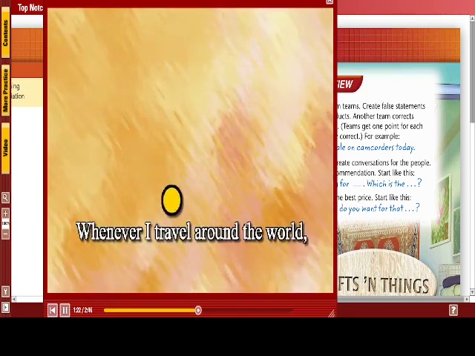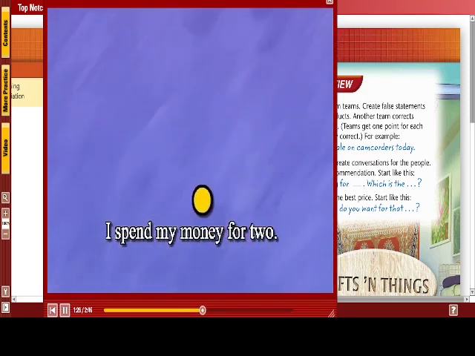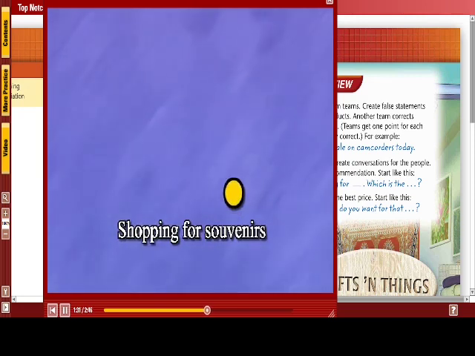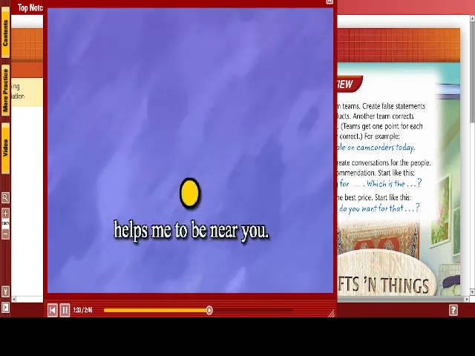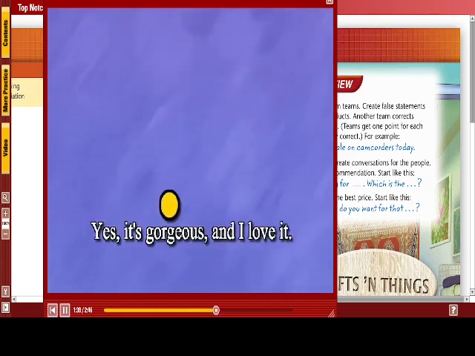Whenever I travel around the world, I spend my money for two. Shopping for souvenirs helps me to be near you. Yes, it's gorgeous, and I love it. It's the